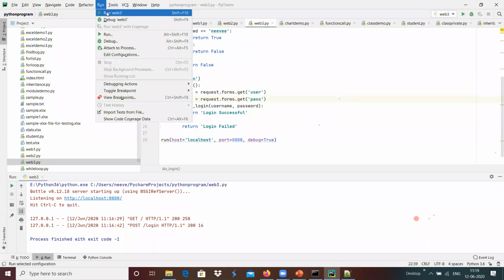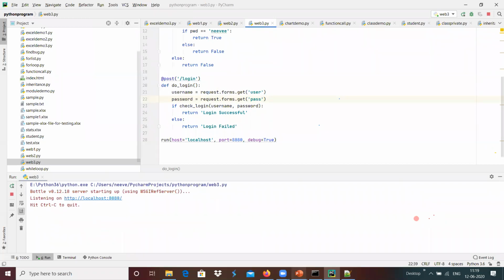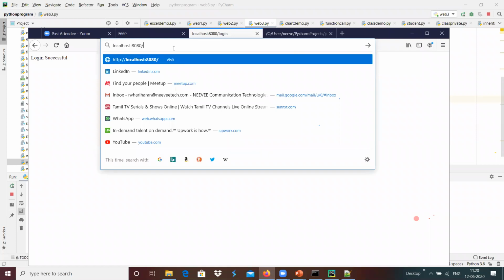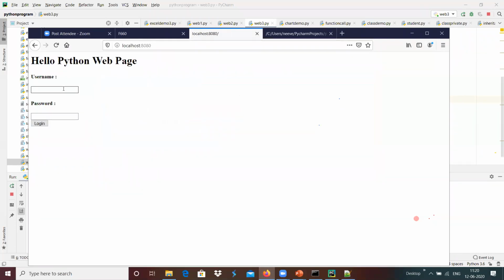I'm going to run web3 again, and for example I'm going to use Hariharan, and then Hari is the password I'm giving, and whenever we do login, it says login failed, because Hariharan and Navy is the correct login. In real time, we will use a database to store and get back the login accordingly over here.